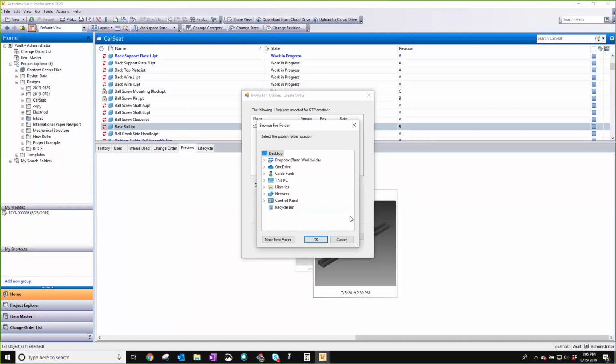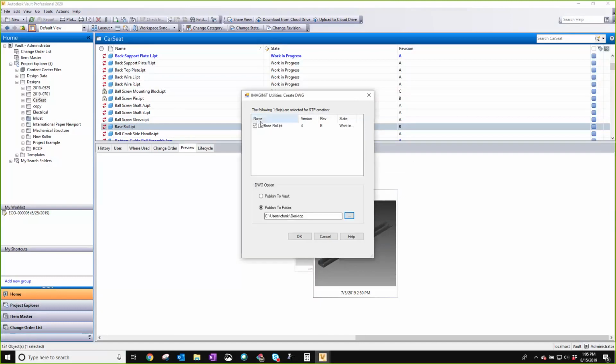And this, to me, is probably the more common way of doing it, because I would probably want to do that when we're done with this design. We want to get it over to our CNC tool, which needs a step file. Or we're done with the design, so we're going to send it over to a third party who needs to use it. In my case, I'll just drop it out here on my desktop, but this is going to publish